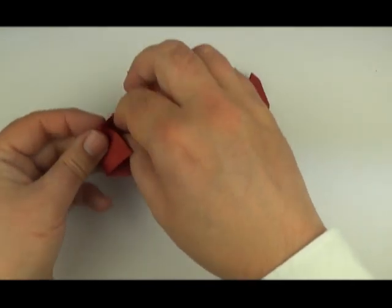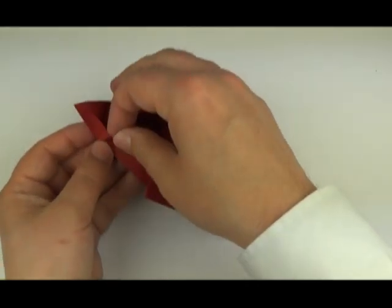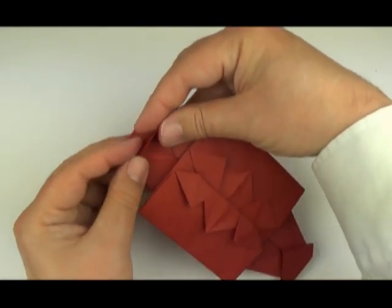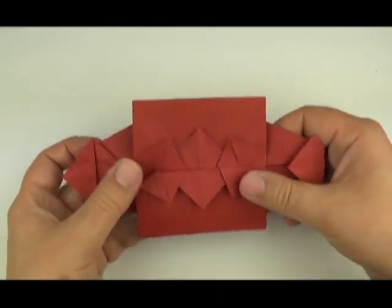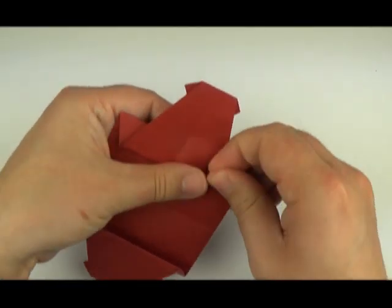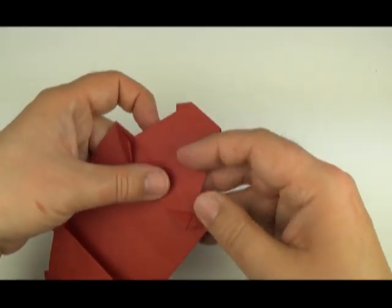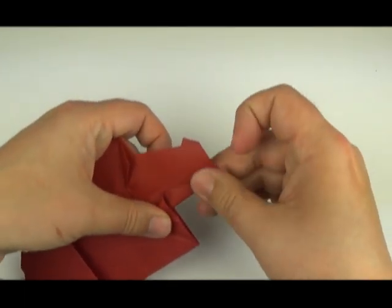Fold the layers out. Open up and squash. Now fold that corner back over. Turn over. Now each of the corners we just made, we're going to fold in. Unfold, and then fold the edge up and over,